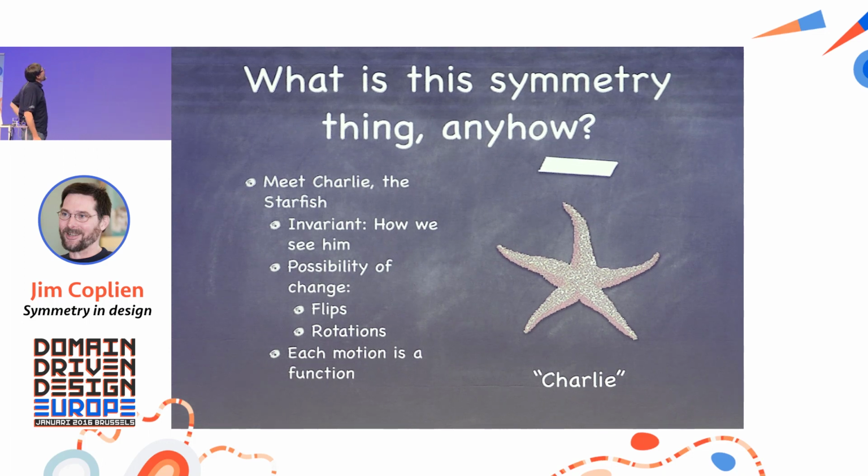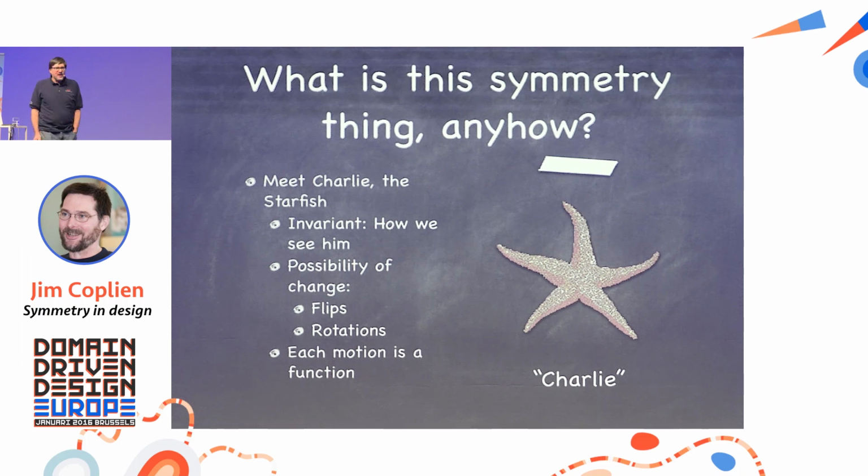And a little bit of biology. So here's Charlie. Charlie and my friend the starfish. How do you know it's a starfish? How does your mind know this is a starfish? Well, he has a certain geometry. Now, what is the classification you hold in your mind of what a starfish is? Well, there's certain invariants that hold across all starfishes. They're true of all starfishes. And what it is is a set of invariants that remain the same under the possibility of change.